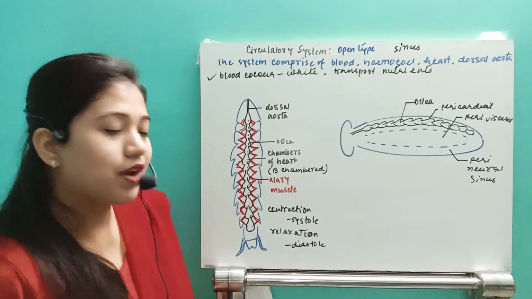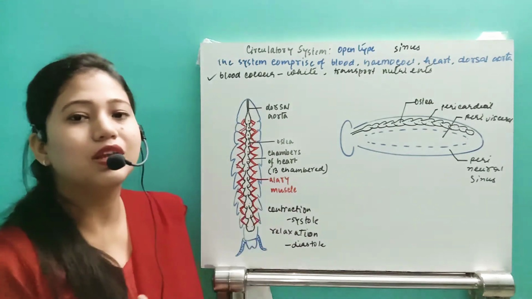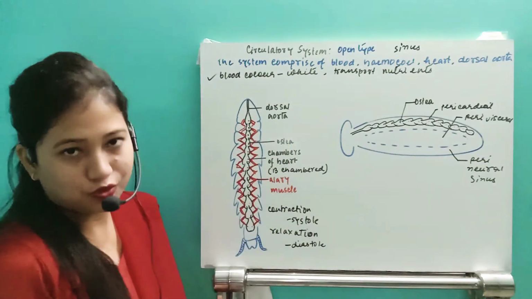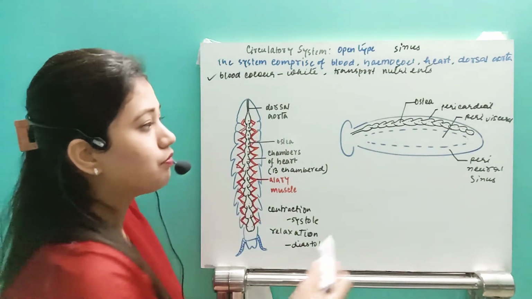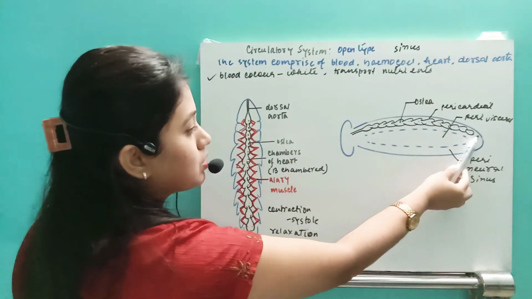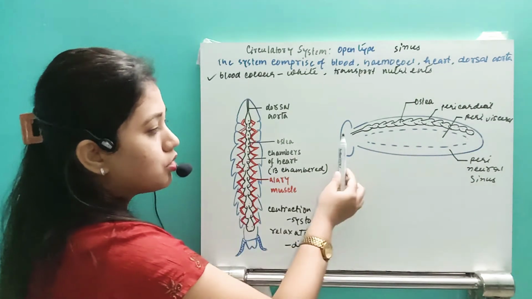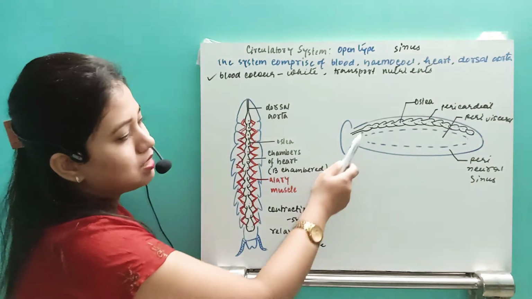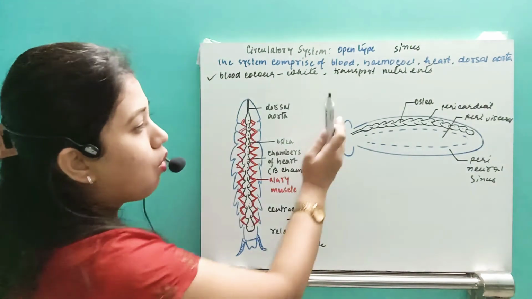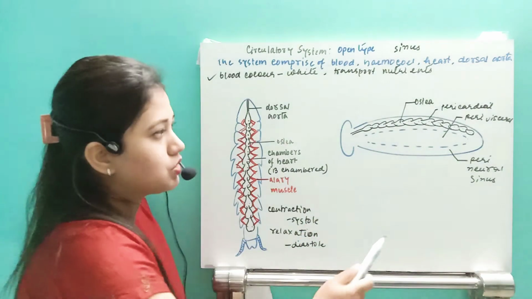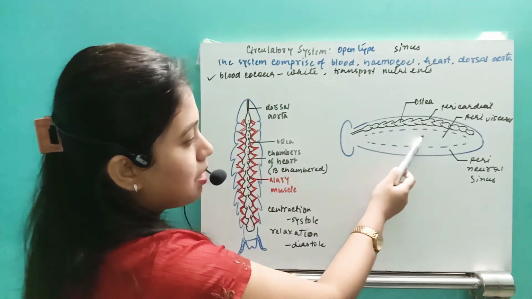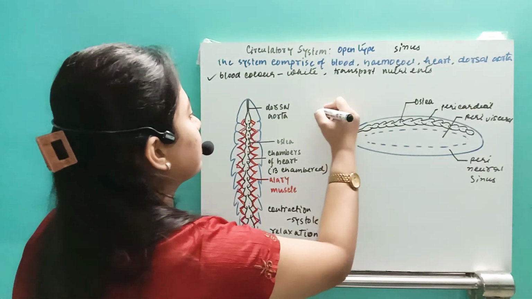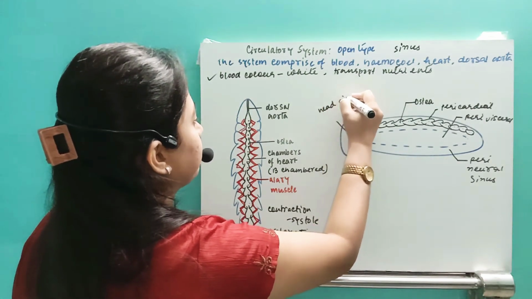Now, whenever contraction occurs, the Eleri muscle will contract and pump the blood from the posterior region to the anterior-most region. That means the blood will flow inside the heart from this part to this part, posterior to anterior. Already on the lateral sides, I have told you how many sinuses they have in the thorax and abdomen region: the pericardial sinus, perivisceral sinus and the perineural sinus. And this one is the head sinus.